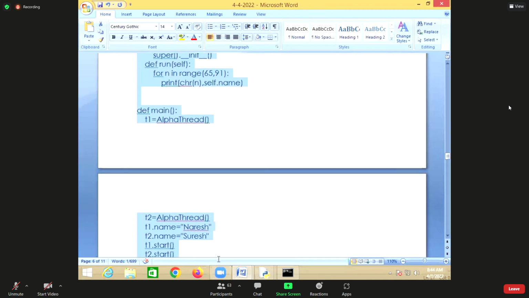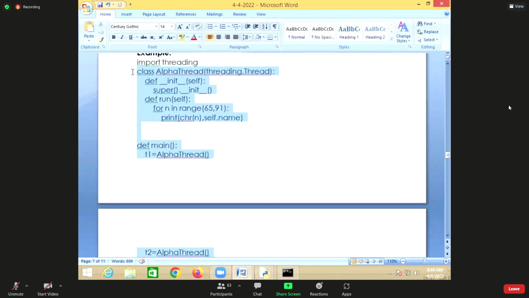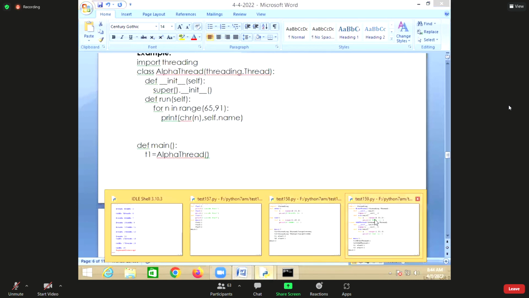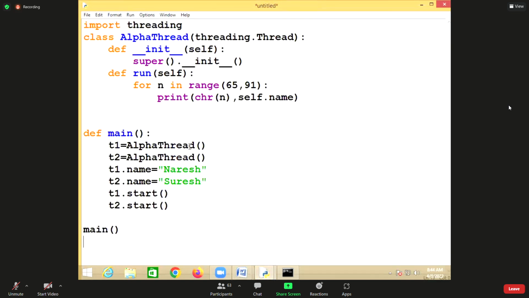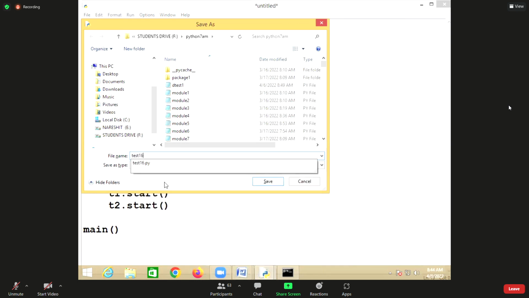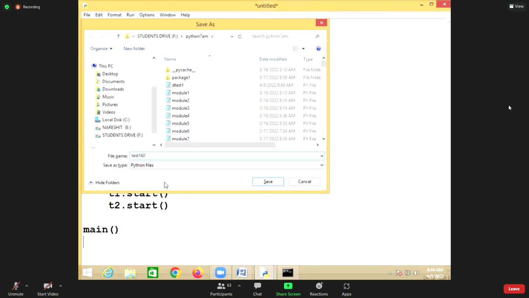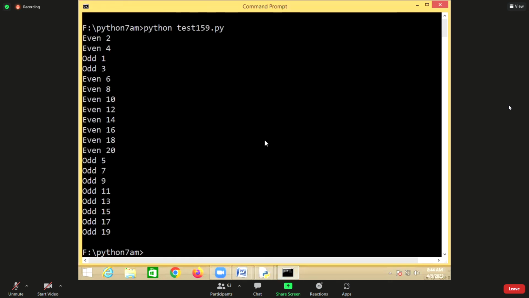So this is very much useful when you're developing some internet applications, networking applications, servers like that. Now this is, so if you see the